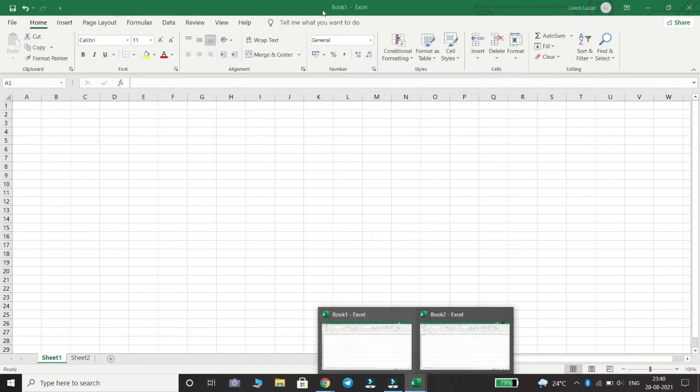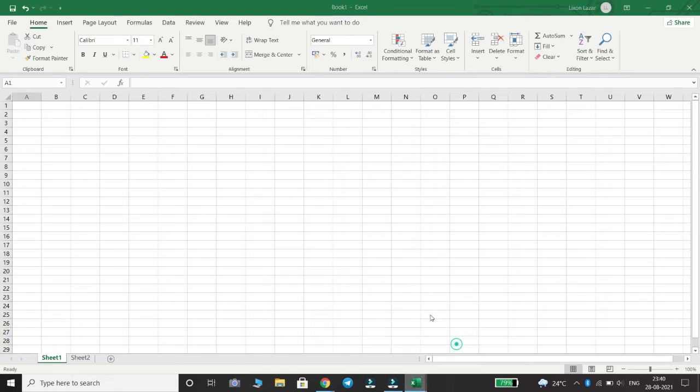Here I have created two workbooks. This is workbook 1 and this is workbook 2. Here I am going to give a reference between these two workbooks, book 1 and book 2. For example, enter a reference to book 2 in book 1. Follow these steps. First, you have to take book 1. Step 1, create two workbooks named book 1 and book 2. Step 2, select cell A1 in sheet 1 of book 1 and then type the equal to sign.